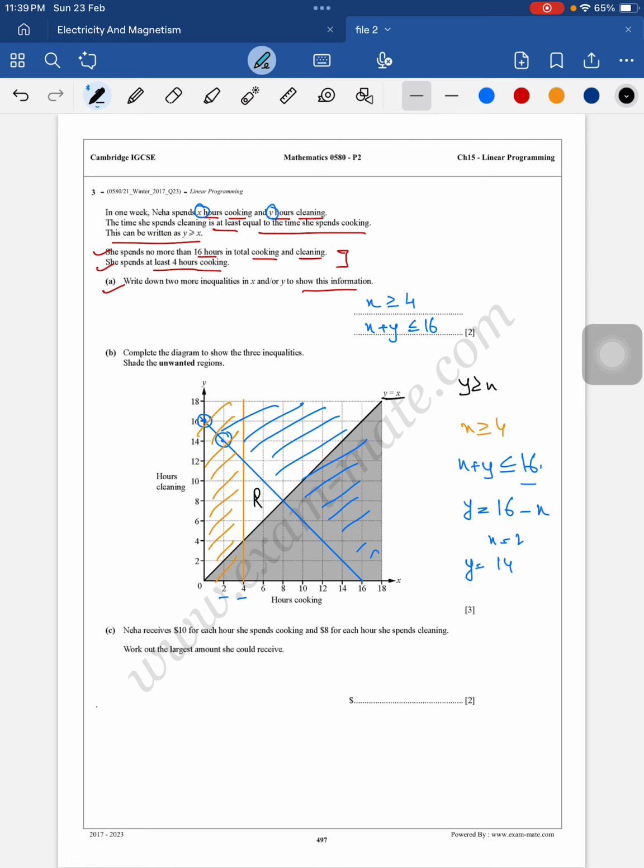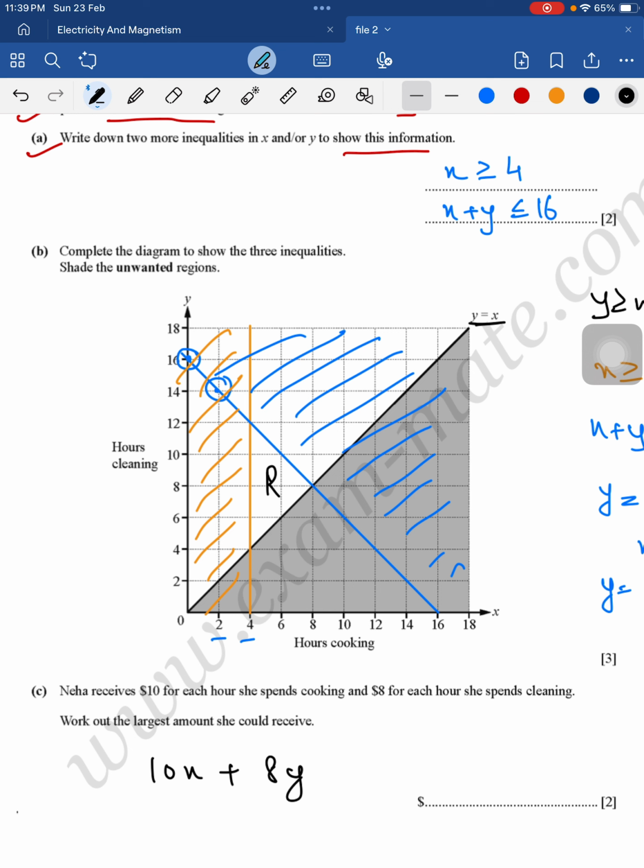Clear? Okay, Neha receives $10 for each hour she spends cooking and $8 for each hour she spends cleaning. Work out the largest number she could receive. $10 for each hour she spends cooking. Cooking is represented by x, so 10x plus $8 for cleaning, so 8y. So I need to check the shaded region, which is the region which satisfies all three inequalities,